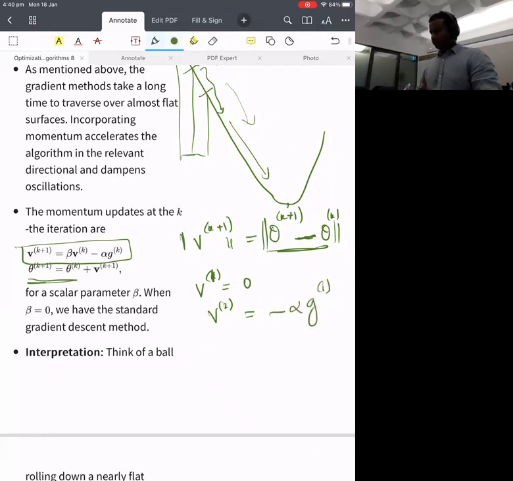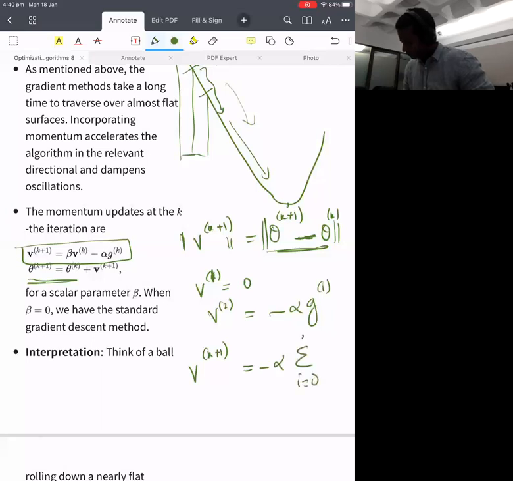Okay. So if you write it recurrently, v of k plus 1 is equal to minus alpha times the sum over i equal to 0 to k of beta to the power k minus i times g of i. Okay. If you notice,